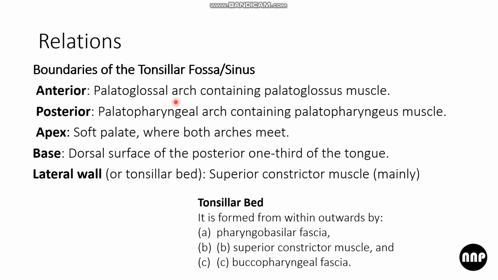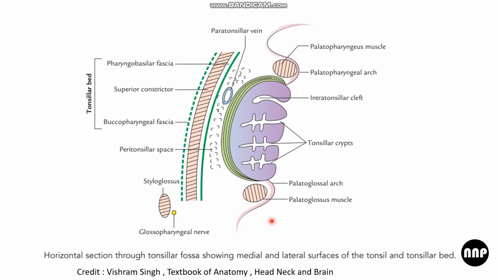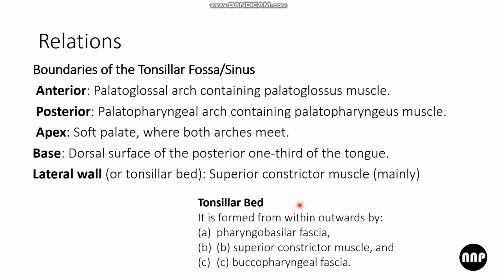Anteriorly, there is a palatoglossal arc containing the palatoglossal muscle. Similarly, posteriorly, there is a palatopharyngeal arc containing the palatopharyngeal muscle. The apex is the soft palate above, where both arcs meet, and the base is